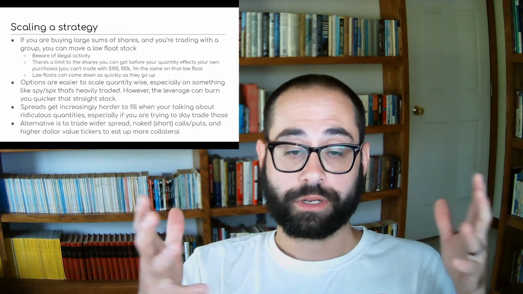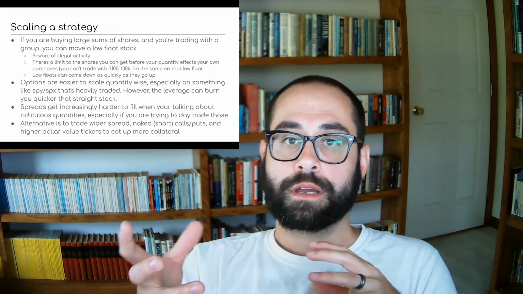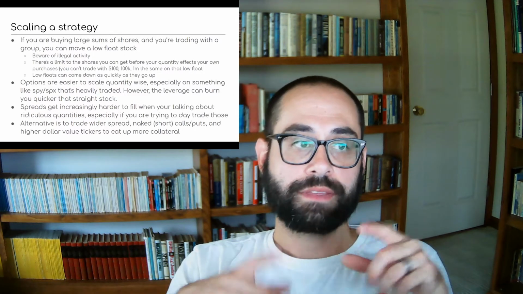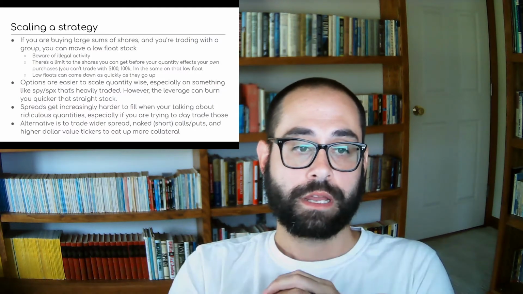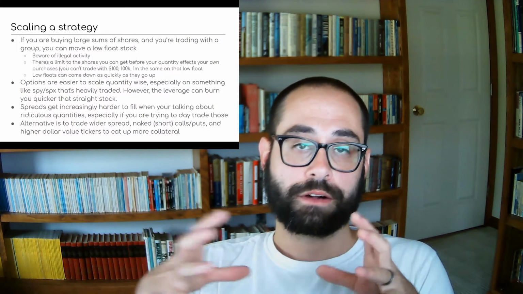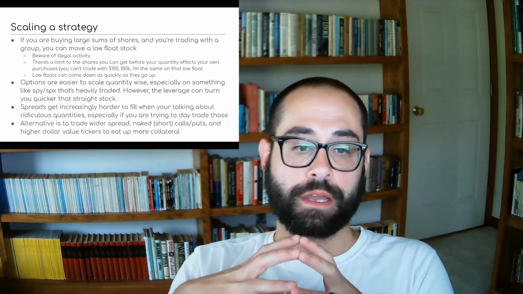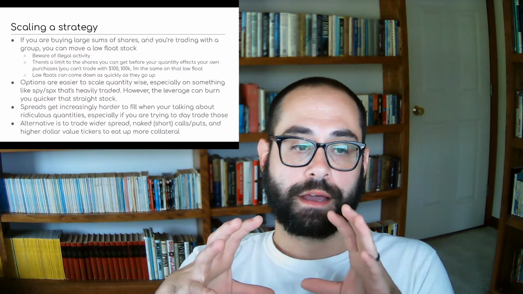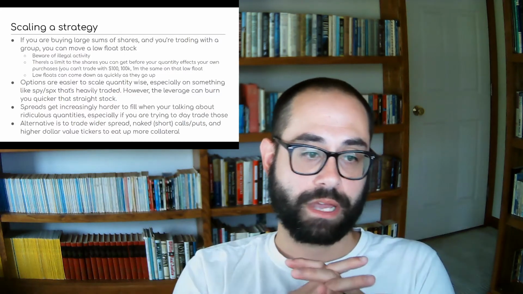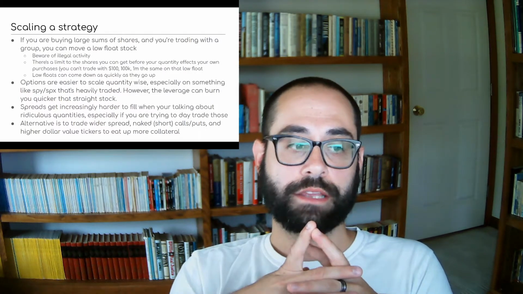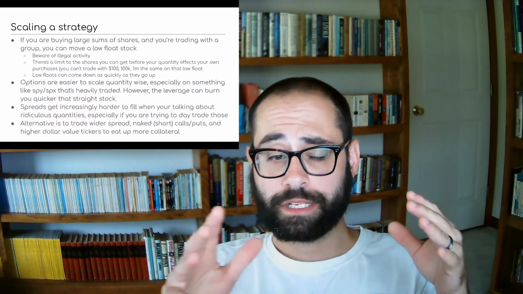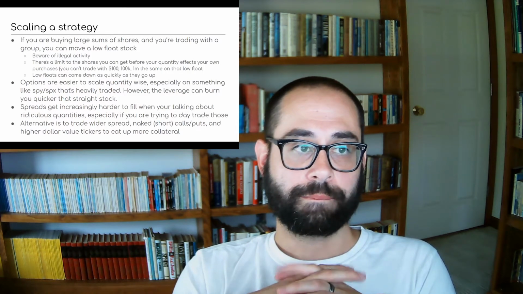Naked short calls and puts take a lot more collateral. So using those can be a method of trading a $1 million, large account, where you eat up more of your collateral, more of your cash account, and then you're not tempted to put on a lot of other trades and blow up your account. Obviously, still possible. And then the last thing you can do to sort of scale, all of these are altering your strategy a little bit, so take that in mind. But